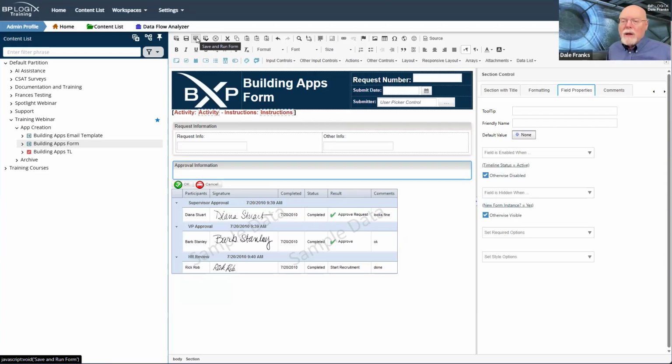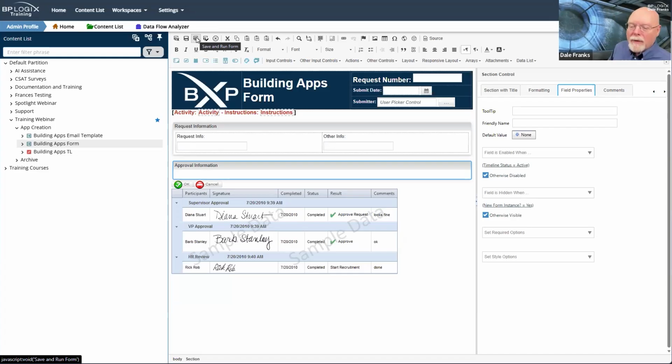So you do need to think about that whenever you're building stuff. And by the way, it's good to just stop throwing stuff on the form at various points and just test the thing to be sure that the work you've done so far is working. And if it is, great. Oh, and by the way, it saves the form too, so you don't have to worry about losing work. So it's good for that purpose as well.